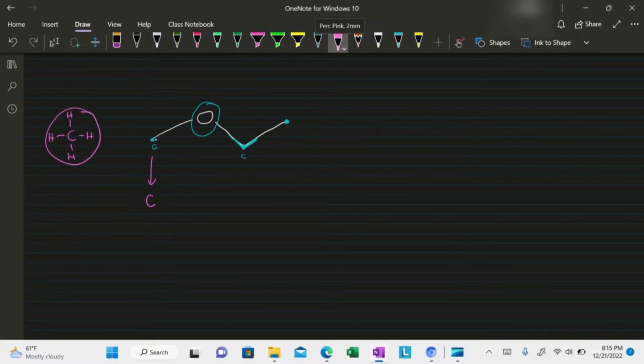bonds. So since this line right here is already a bond between the carbon and oxygen, then this carbon is going to be connected to 3 hydrogen. So therefore, when we write the formula, it's going to be CH3, okay, for this carbon right here. Now this is an oxygen, we know, so we're going to write that down. But this carbon right here